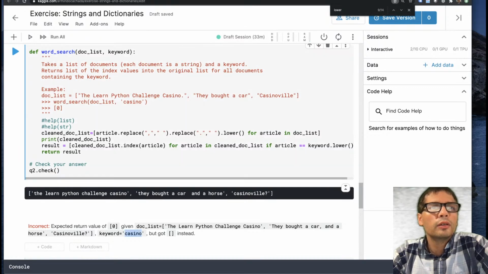Keyword equal casino, it should return 0. Okay, because I'm not,